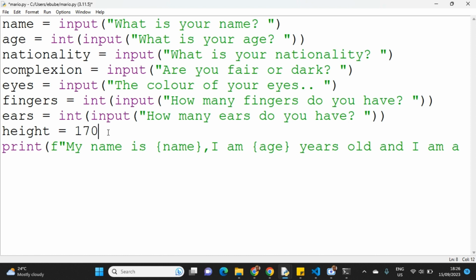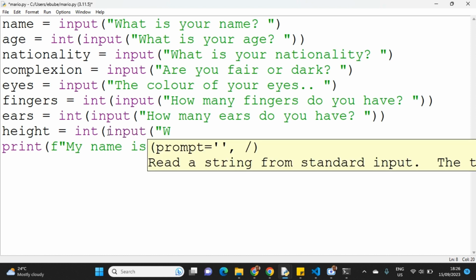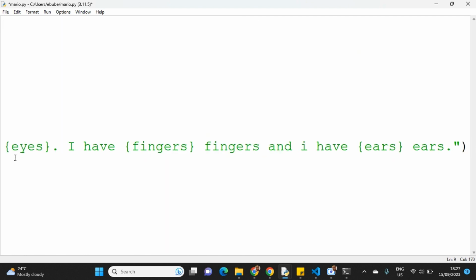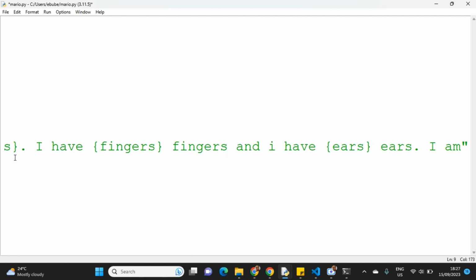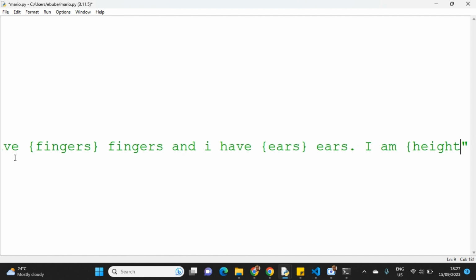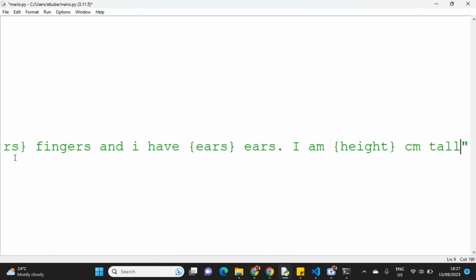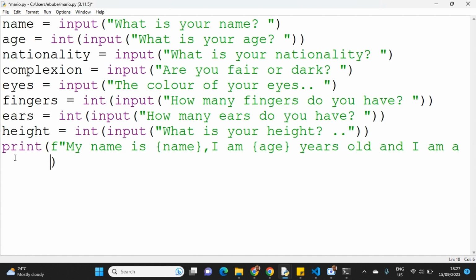And then integer input: what is your height? Let me go and add: I have, I am height cm tall. Okay. So if we come to the end of this,